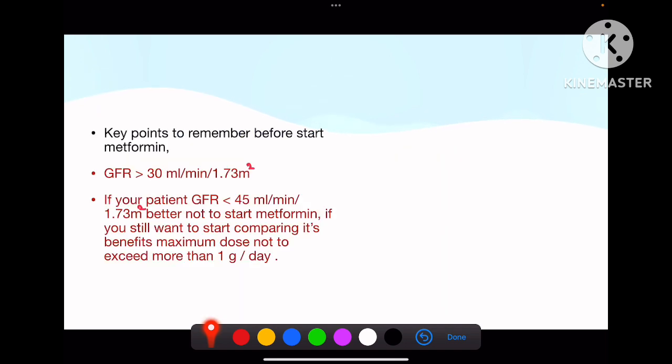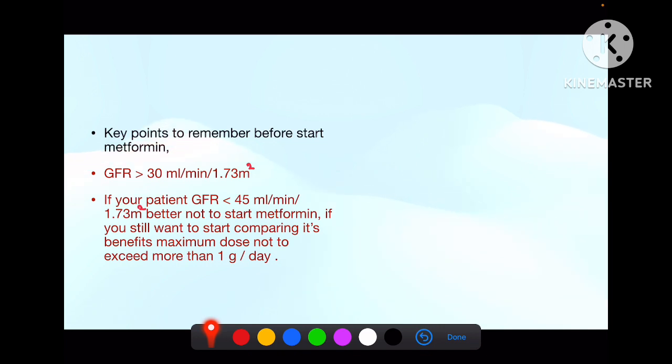What are the contraindications of metformin? The important one is the patient's GFR. If the GFR is less than 30, you cannot start metformin. That is the only absolute contraindication. GFR definitely more than 30 should be there to start metformin. Suppose your GFR is less than 40, but more than 30, still you can start the metformin. But